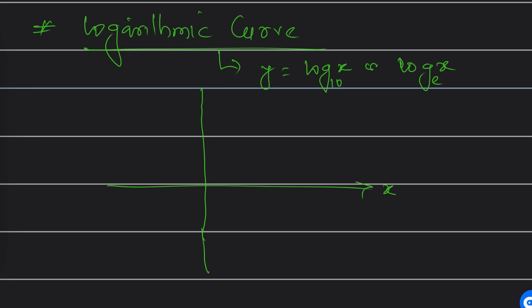Sir, this is the x-axis and this is the y-axis. How will it look, sir? Let me draw it, sir. Like this. And again it's going to be 1, sir. At x equal to 1, y is equal to 0. Got it? Put log of 1 to the base 10, which is 0. So when x equals 1, y is 0, sir. Got it? This is the log equation.